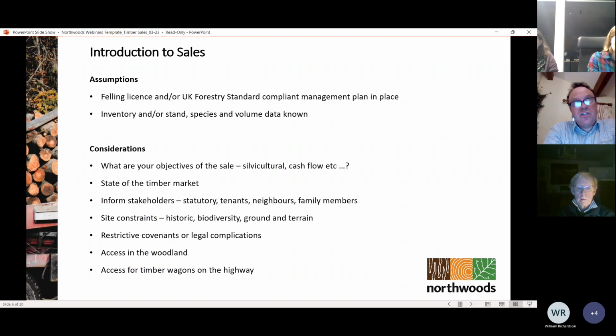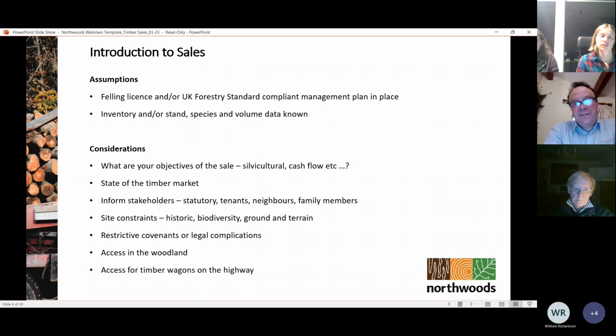Understand if there are any constraints on the site. The obvious one is wildlife. So if you've got badgers, birds of prey, dormice, rare fauna and flora, make sure you understand what's there, get that recorded and get the appropriate permissions in place. But also ancient monuments, steep ground, dry stone walls, anything that should really be a factor in the timber sale,